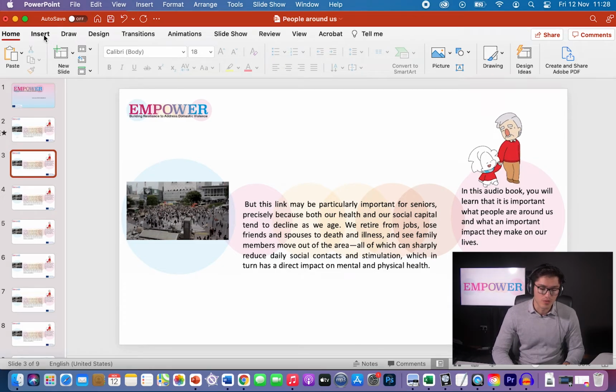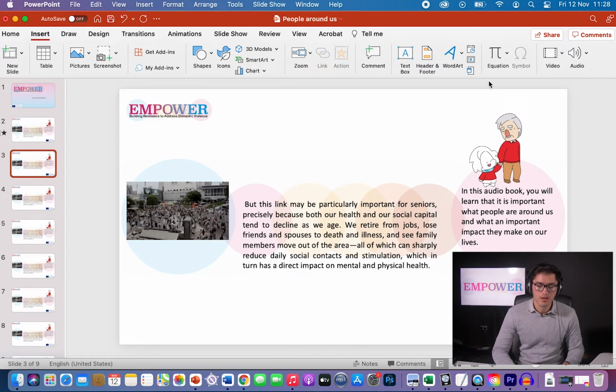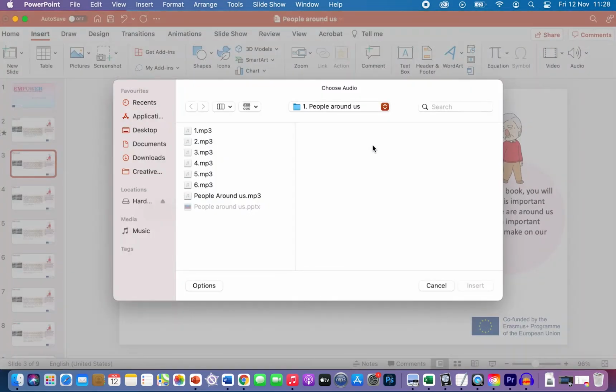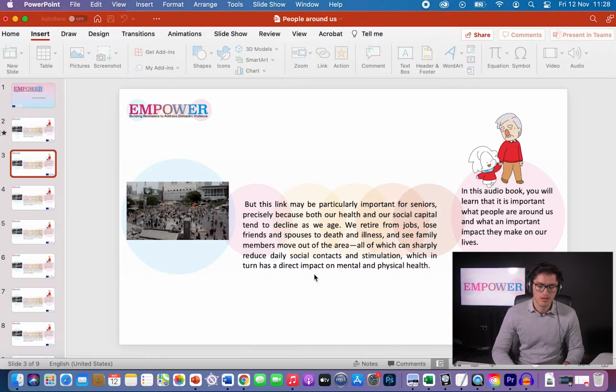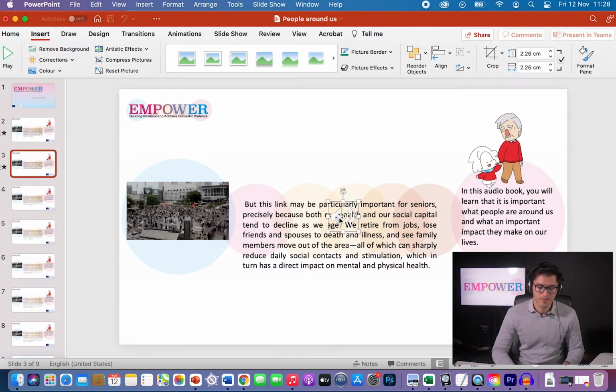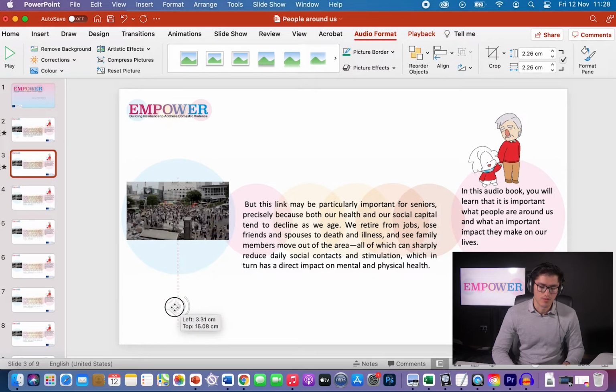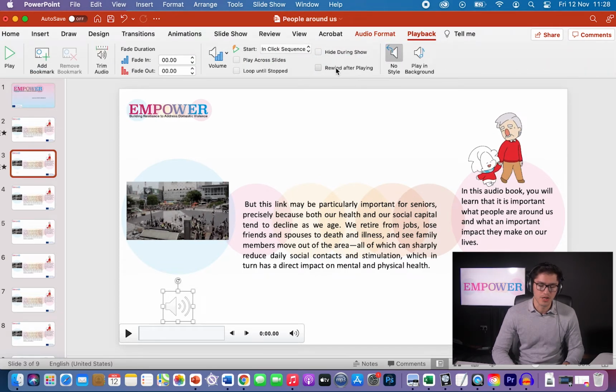So we go to Insert, Audio from file, number 2, Insert. We move the icon here, go to Playback, and we need to change this.